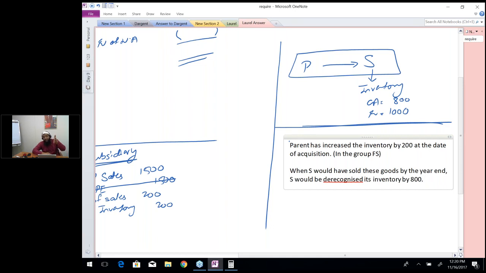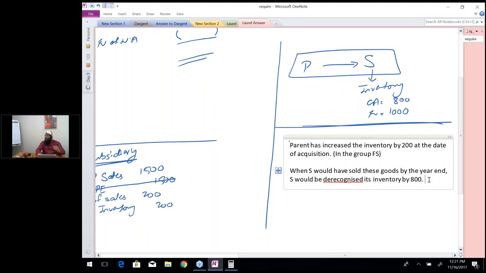Because in the books of subsidiary, the inventory is still at 800. We have increased the inventory by 200, but in the financial statements of the group, not in the subsidiary's financial statements. So when subsidiary has sold the goods, subsidiary would have derecognized them by the amount recorded in subsidiary's books, which was 800. Elvis, are you getting this? When the subsidiary has sold the inventory, subsidiary would have derecognized it by its own carrying amount, which was